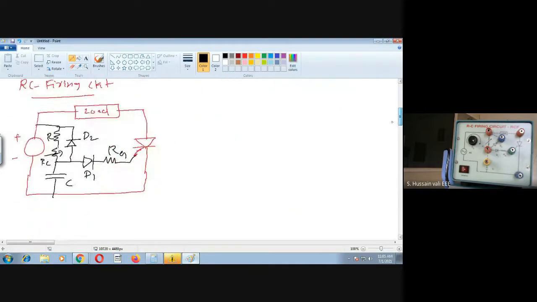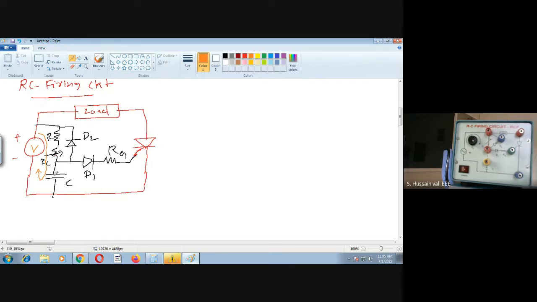Now coming to the RC firing circuit, see, you have the supply here. Here you have so many closed paths. This entire mathematics I'm not going to explain, but I will tell you the logic. See this now. There is a closed path here. In this closed path, you find a voltage source, R and C. So we can say you have a resistor and you have a capacitor like this.